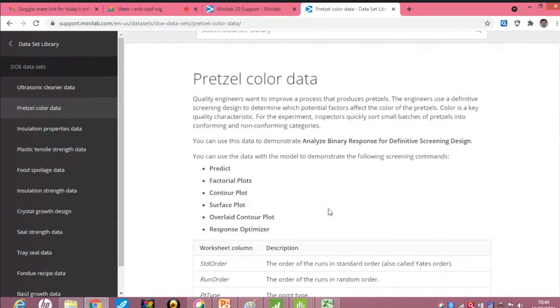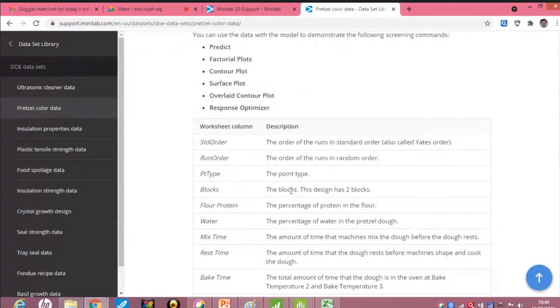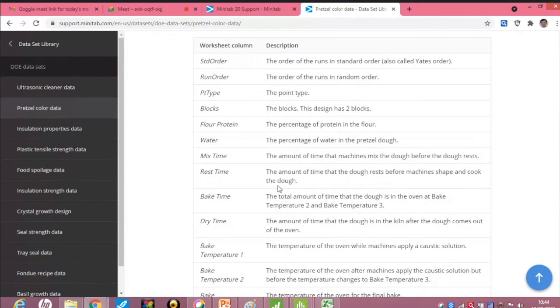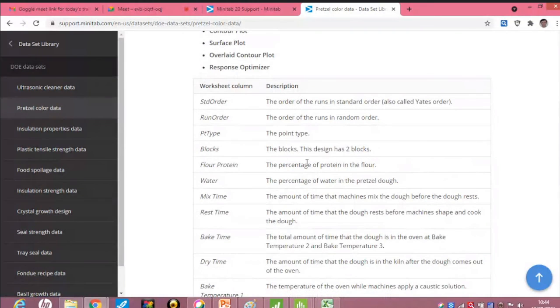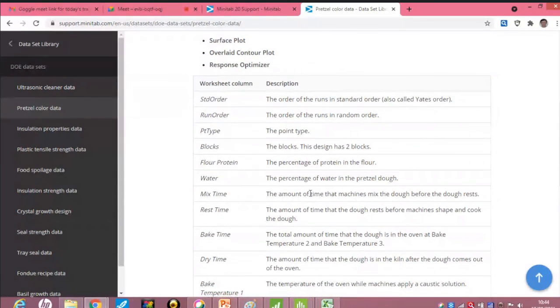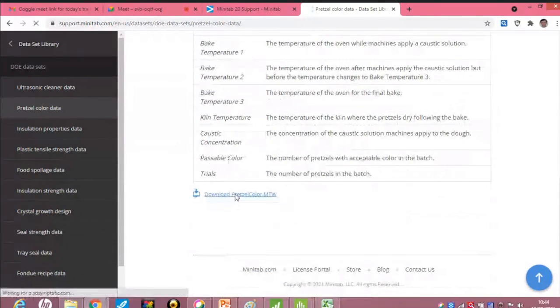Here they have used the blocking. So the design has two blocks. We go for blocking when we have similar conditions. At that time we can go for the blocking. So if you open this example,